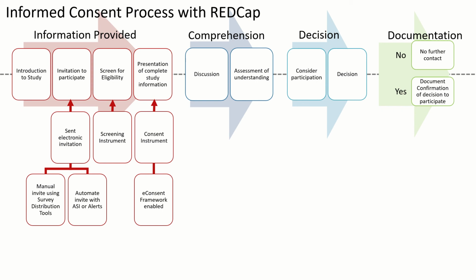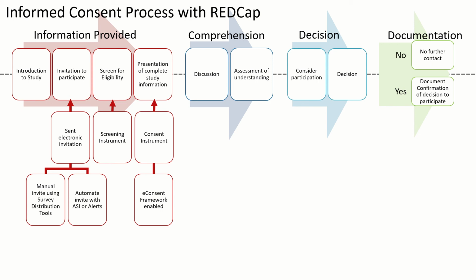But another thing you could set up is what's called ASI, and ASI stands for, actually, I think it's AIS. Ooh, typo. Auto, oh no, it's right. Auto Survey Invitation, ASI. Had it right. So that's where you automate an invitation to a person. And now a newer feature that has been on the market recently is also called alerts and notifications. You could also use alerts and notifications to send an invite to a participant for them to start a screening process. So once they enter into a web page,